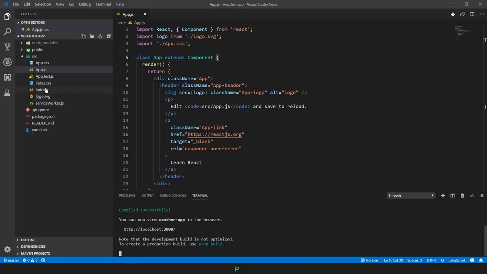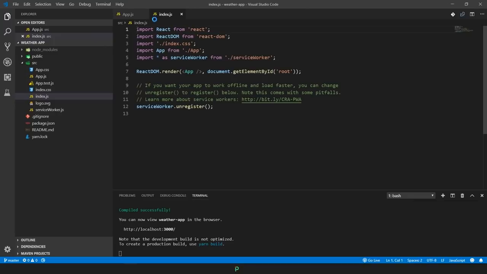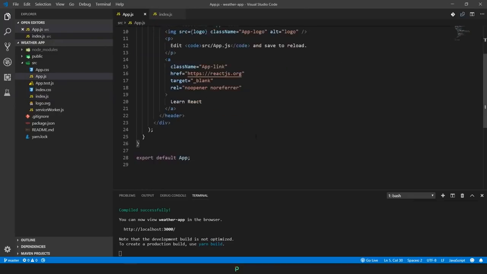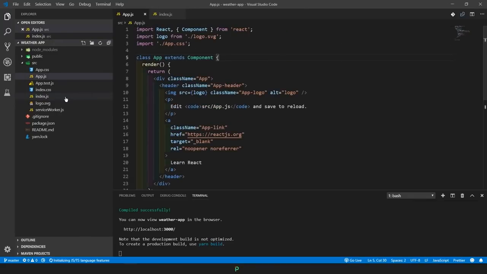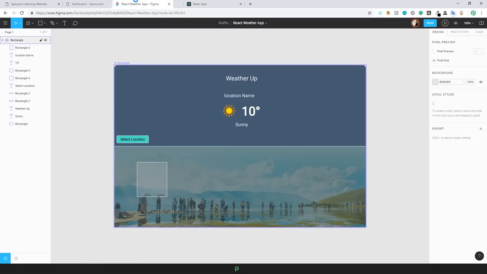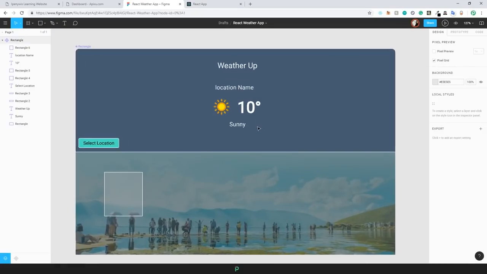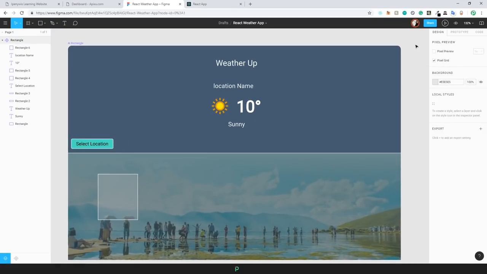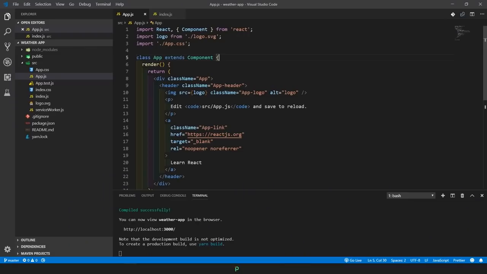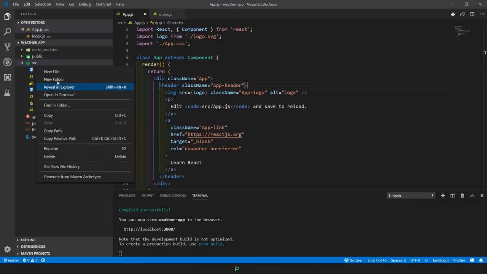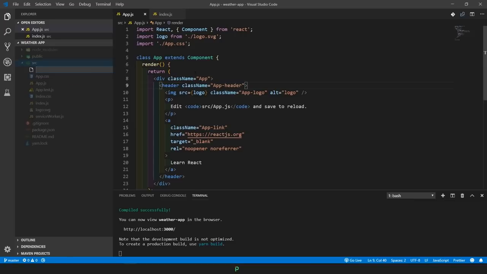So now we can simply go ahead and start working on the application. Starting off, since we're going to use the prototype a lot, let me just zoom in here so you can clearly see what's going on. I'm going to first create the container, the main component that is going to pass all the props to this particular data. So in this case, I'm going to create a new file, and I'm going to use some kind of